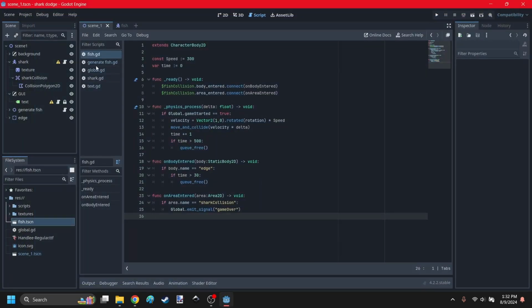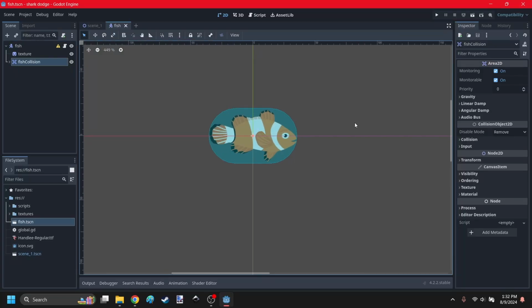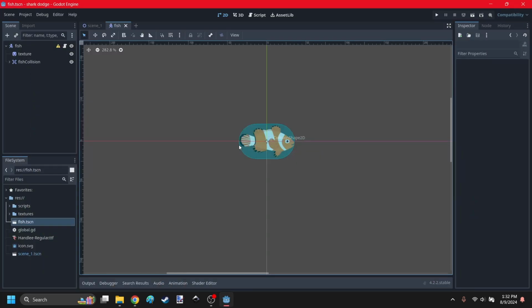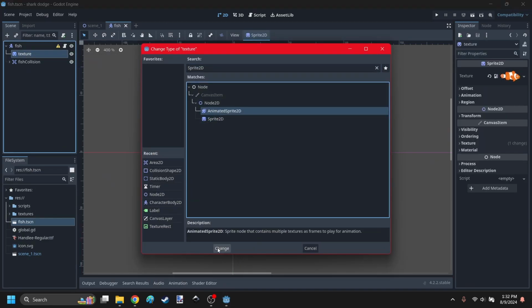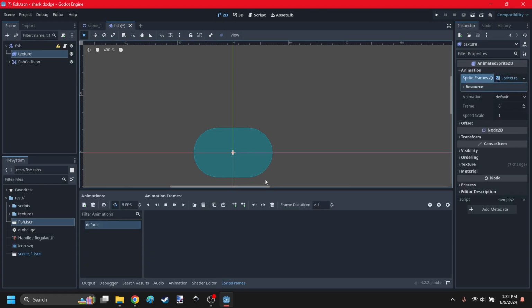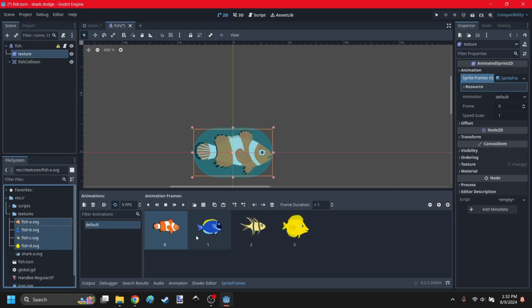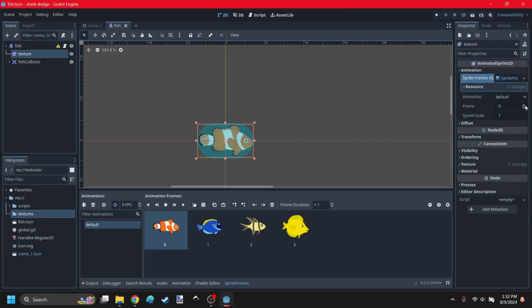Now I need to make the fish change appearances. So in Scratch, I have a bunch of costumes for them. Since I'm not using perfect collision for this, what I can do is change the type to animated sprite 2D, create a new sprite frames, and then for each frame, you can just select all the fish here and drag it in. So now all I have to do is change the frame, and then it will switch the